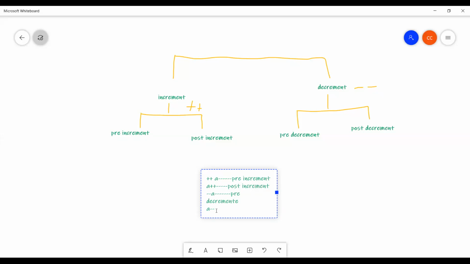Last one is post-decrement. That's all. So pre-increment, post-increment, pre-decrement, and post-decrement. Okay. Examples I will explain later.